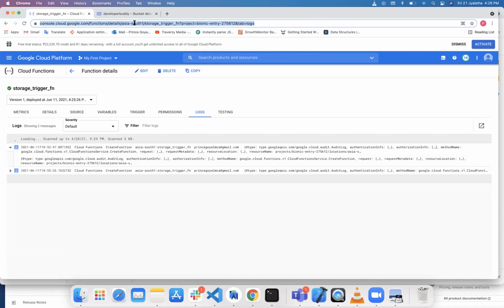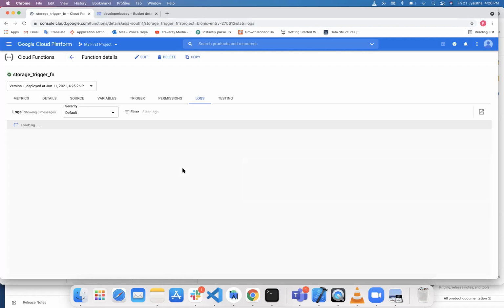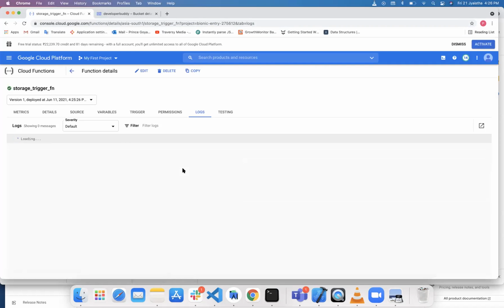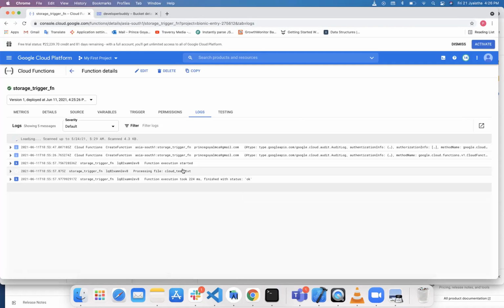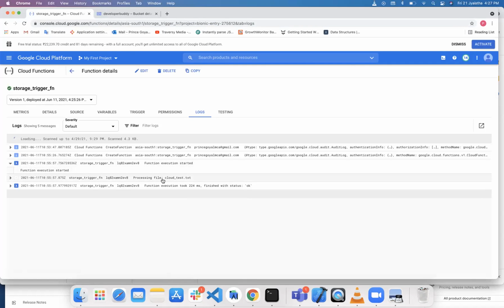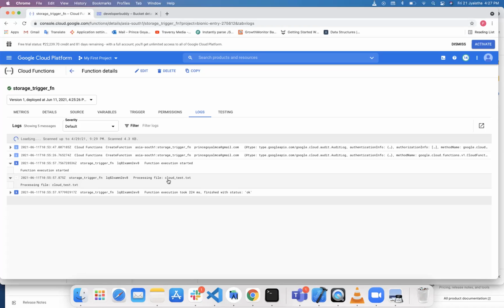I think we need to refresh it. Yeah, so the function has been started, and the file we inserted is a cloud.txt file, and the function execution status is okay. So here we can check the logs.